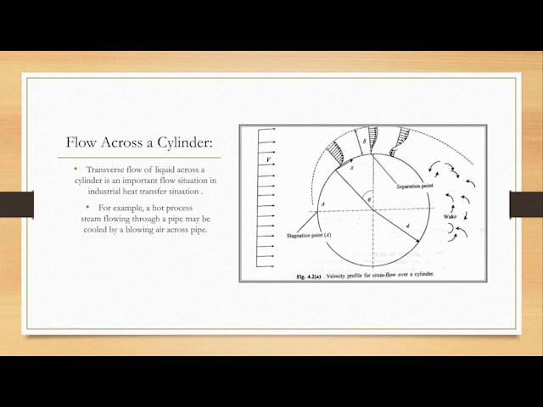The point A is called the stagnation point because the fluid velocity is 0 at this point and the pressure is maximum. The distance of a point on the cylinder from the stagnation point is given by the linear measure x, or we can also say the angular measure theta. As one moves away from the stagnation point along the periphery, the boundary layer decelerates and its thickness increases.